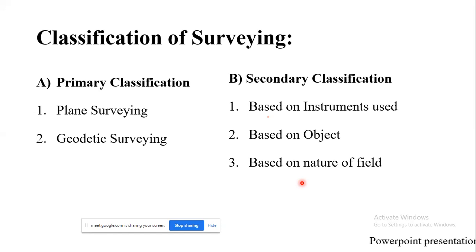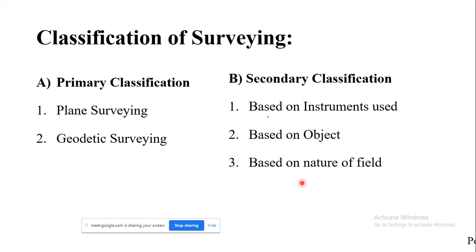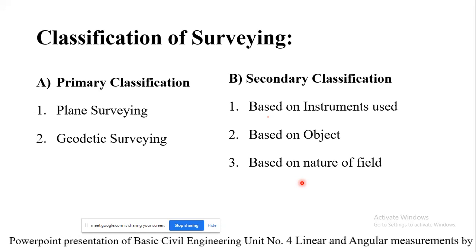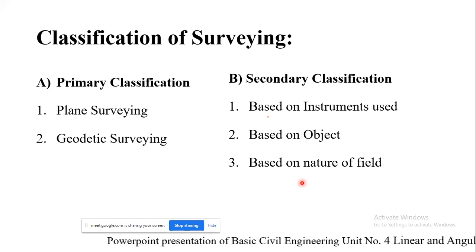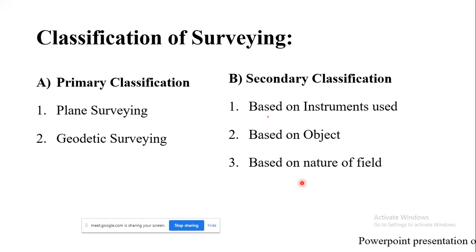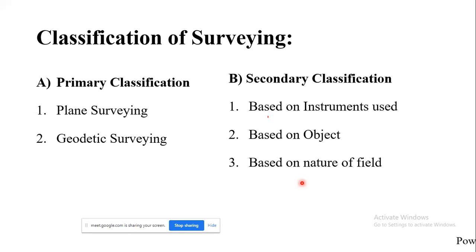In order to determine the natural features of the country, topographical surveying is done. In order to determine the boundaries of a field, estate or house, cadastral surveying is done. Then, to locate the exact location of premises, streets, water supply and sanitary systems, there is a separate city survey department. If you have seen the plan of your own house, in a separate bungalow, you can see it written as capital C dot S dot number. It is nothing but the city survey number.